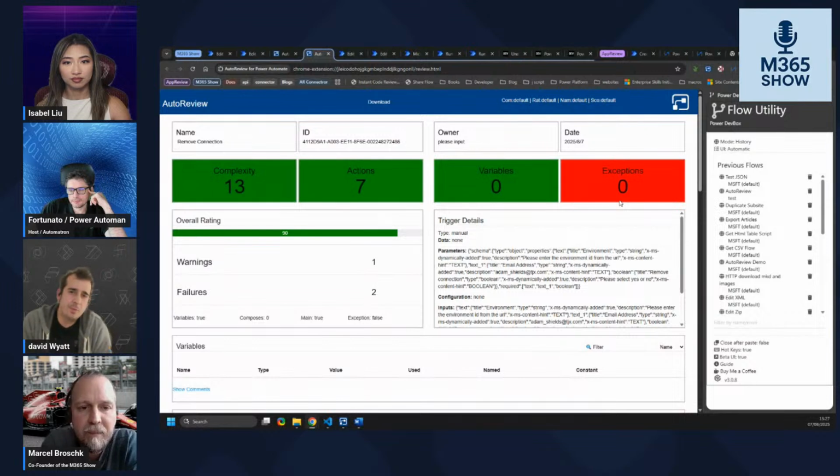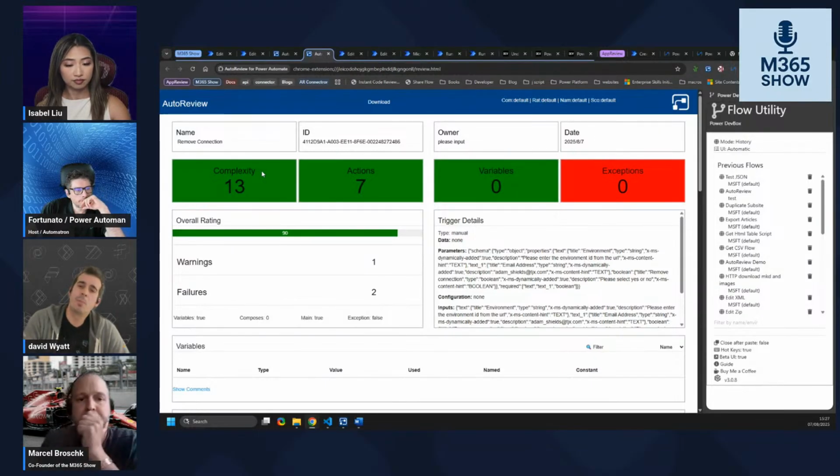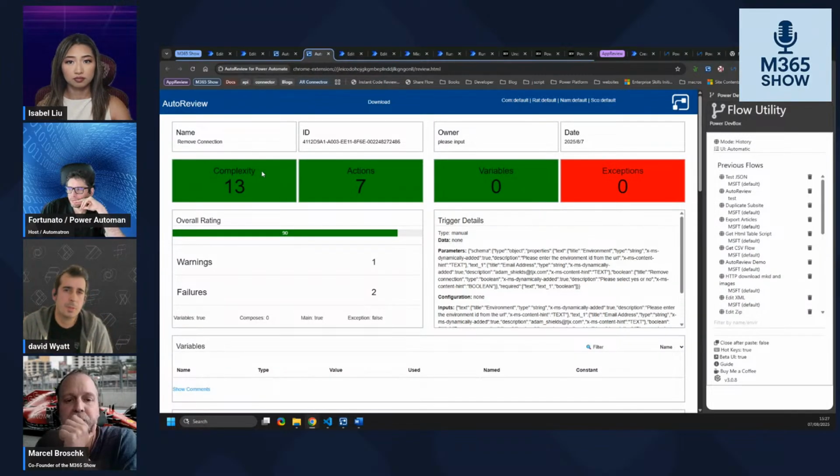So in my opinion, I target 50 actions as the limit that you really want to be doing, and the complexity, because certain actions have higher complexity. If you're using an HTTP action, that to me dictates that it's a more complicated flow with a more complicated solution. Is there a reason that you're using it? Can you use the out of the box? So having this quick reference that tells me how complex it is and how many actions are in it gives me an overall score.